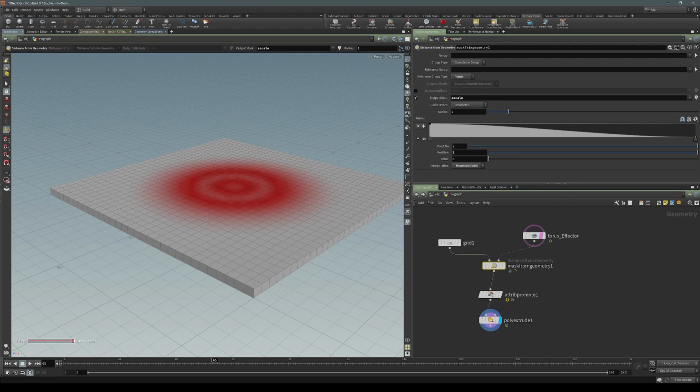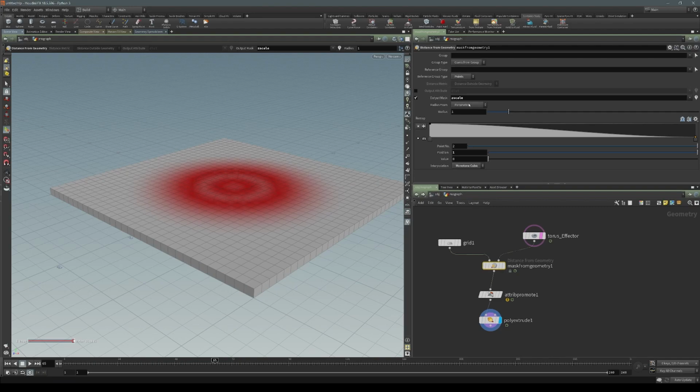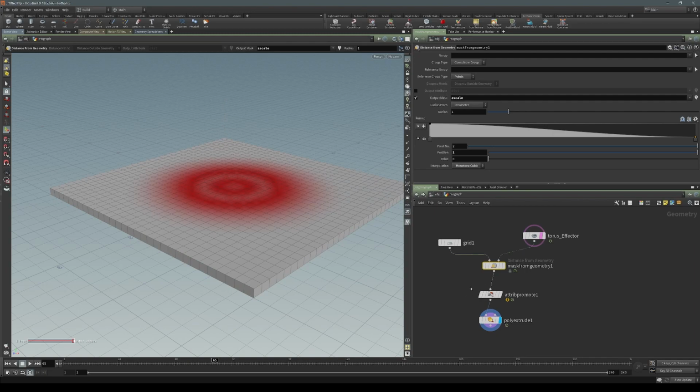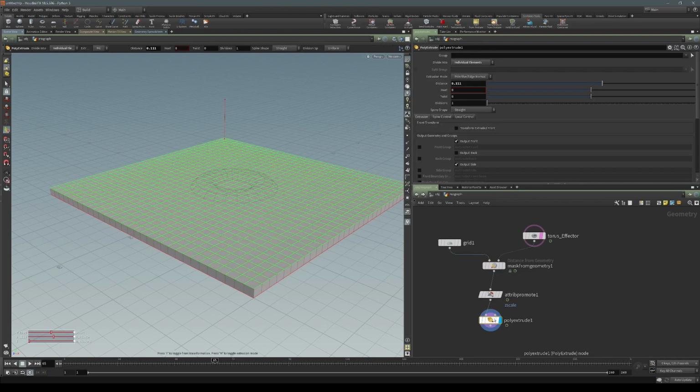If we just go back to mask from geometry, basically poly extrude is expecting a variable. So this Z scale is actually built into Houdini. The problem is poly extrude wants primitives, meaning polygons, and this is supplying points. So this is why we have the middle man. The final thing we need to do is, which attribute do you want to convert from points to primitives? Well, it's Z scale. So basically you have to pass the variables down the chain. The Z scale is coming out of here, attribute promote, we're taking it, and then we're putting it into